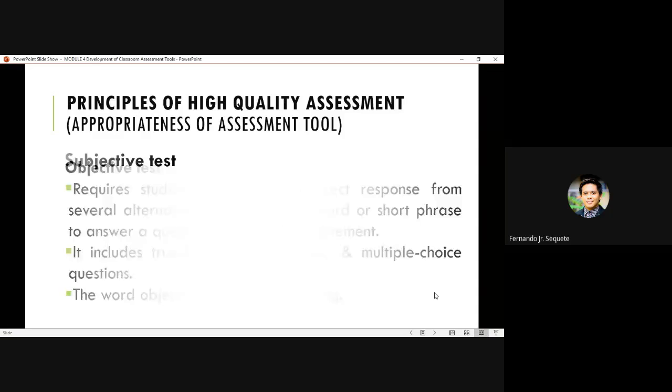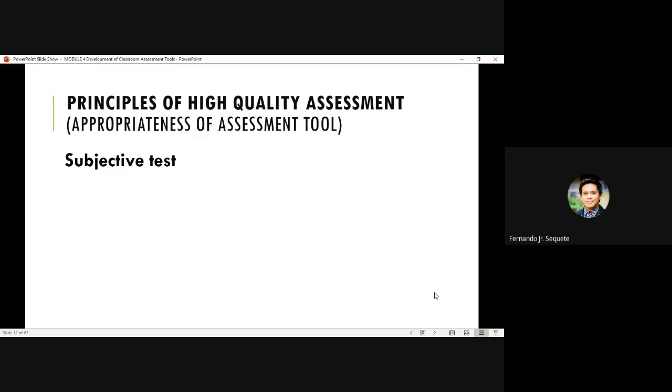Now, on the other hand, when we say subjective test, this is what Khalid mentioned earlier. Khalid, am I right? Your surname is Khalid? Yes, sir. Muhammad Khalid. Okay. Khalid said earlier that for my example of the learning outcome, at the end of the lesson, the student should be able to define photosynthesis, the possible assessment is a subjective test. That is correct. Maybe a short response, yes, that is still correct. Okay? So, when we say subjective test, children,